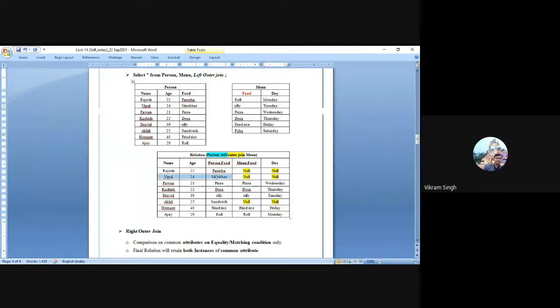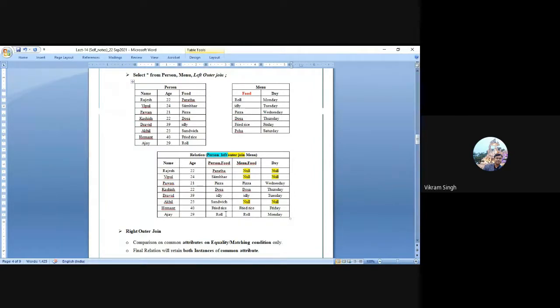Similarly, for the second tuple of the person table, there is no matching tuple, so it will introduce null. Though for the third tuple, you can see it has a matching value in the menu database table, so it has taken out or selected this particular tuple from the second participating or right side table. Similarly, for the third last tuple, it has a null entry, right? For the remaining two, it has fetched the respective matching value, right? So this is how left outer join will perform.